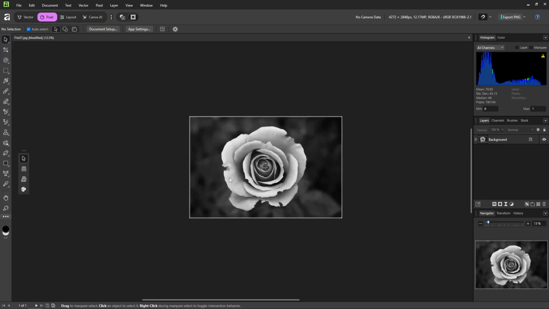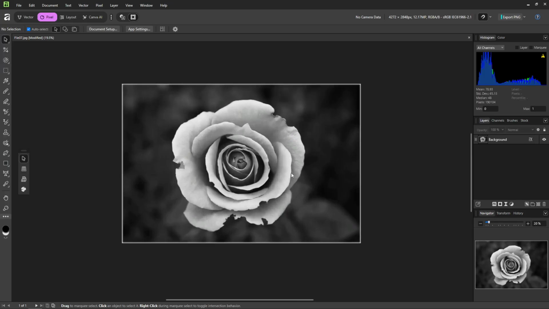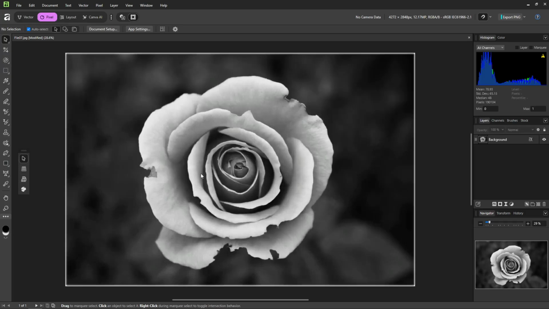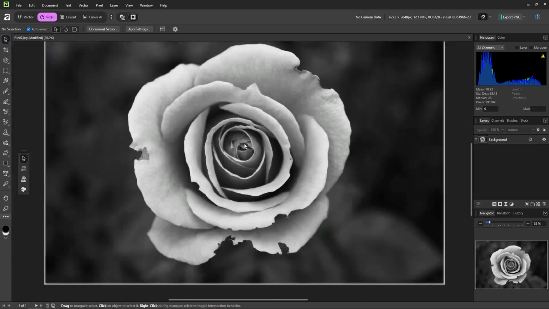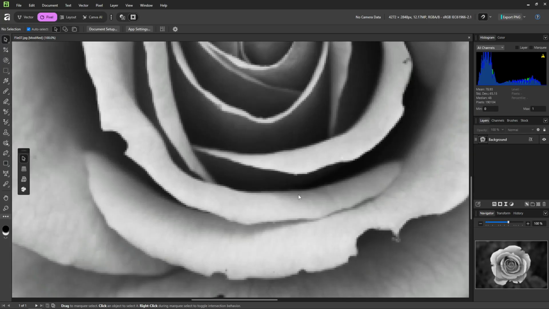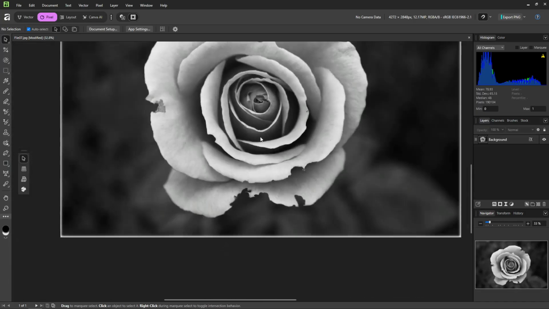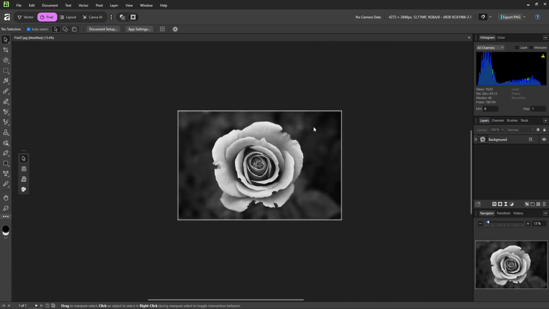When you want to see your entire image centered and fitting perfectly in the workspace, press Ctrl or CMD and 0. If you need a true-to-size view for pixel-level precision, press Ctrl or CMD and the number 1 to jump to 100%, also known as actual pixels. These four shortcuts, plus, minus, 0, and 1, cover most zoom needs without ever touching the mouse.